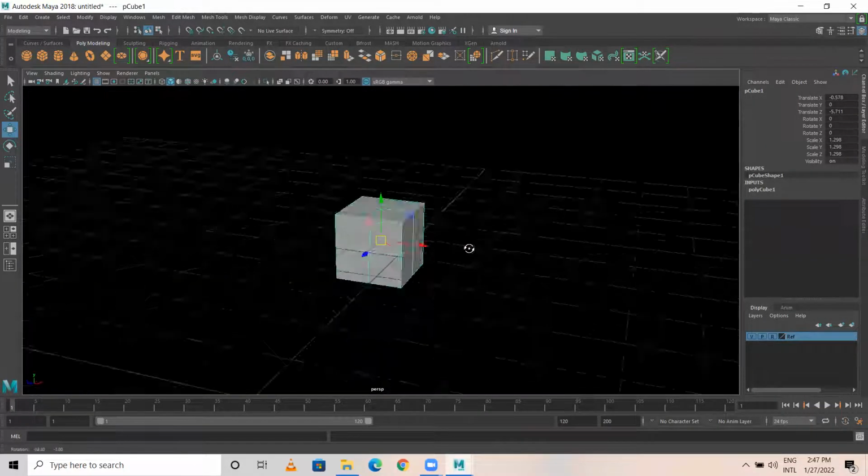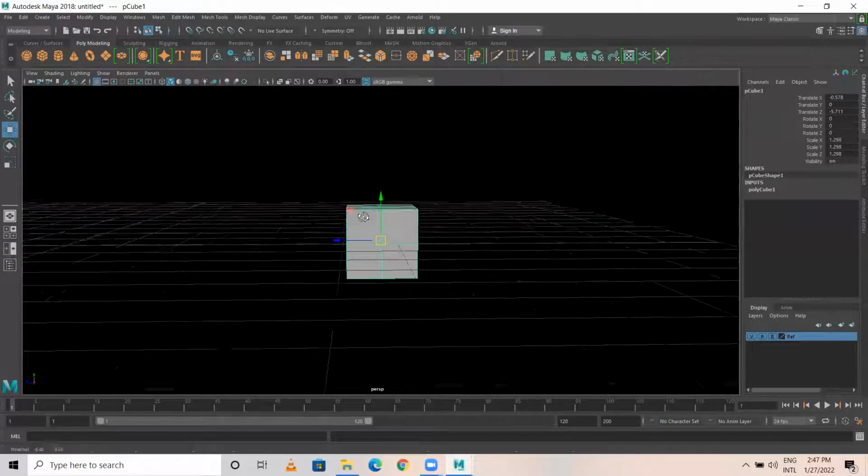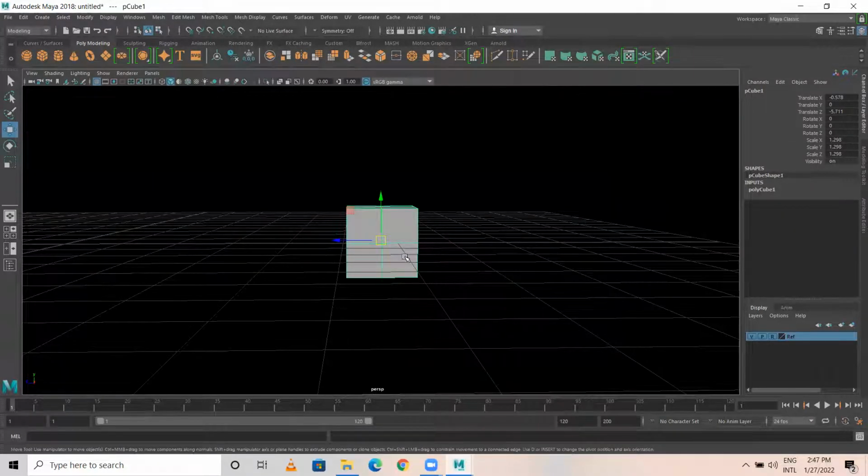So if you see, this is a square, right? This cube is in a square shape, but look at your middle finger. It's not in a square shape. In what shape is it? A cylinder. A cylinder or circular, right? So what you have to do is